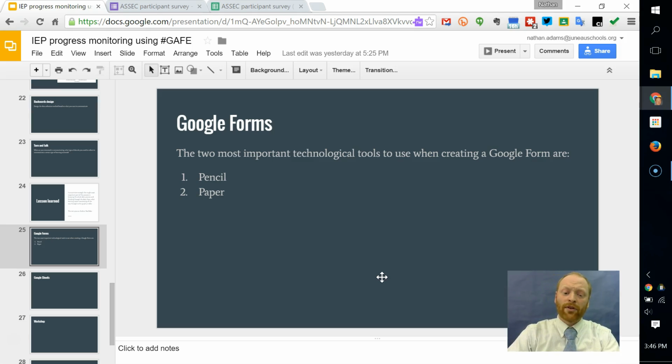There are a couple of important things with Google Forms. And this is why I think the most important technological tool when creating a form is a paper and pencil. I personally prefer a whiteboard and marker, and I just go ahead and erase my whiteboard in my classroom and start mapping things out. I pre-design the form. I pre-identify what questions I want to have,